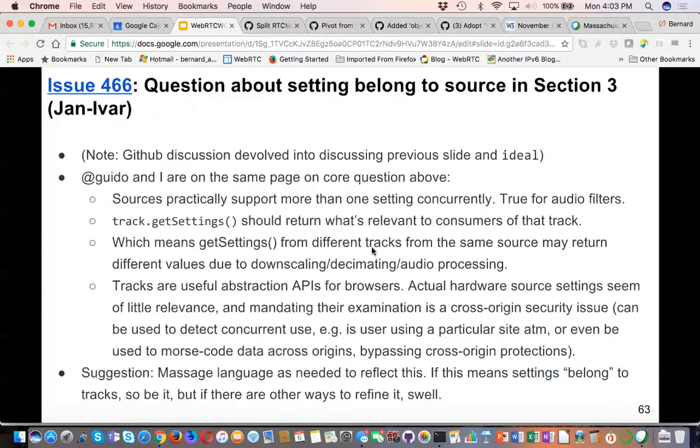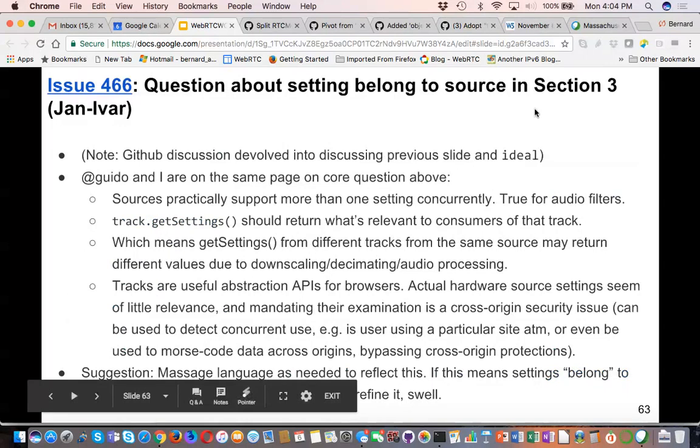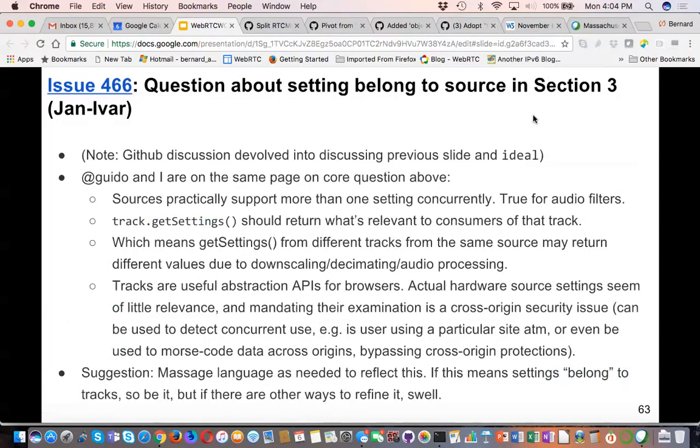So, issue 466, question about whether a setting belongs to the source or to the track. The GitHub issue had a long discussion.